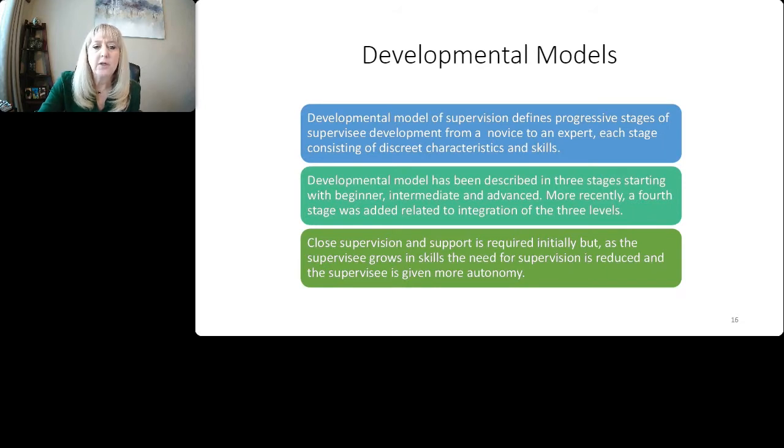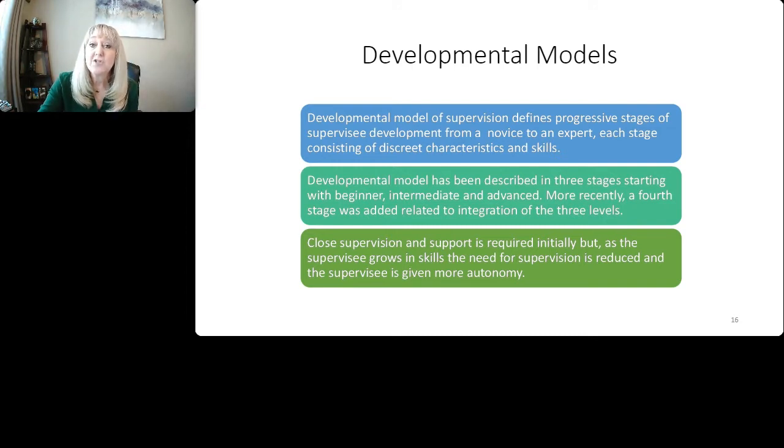So the developmental model is the supervision that defines progressive stages of the supervisee, and that's from a novice to an expert. So you start with each stage and you decrease your level of support as they become an expert. So the developmental model has been described as 3 stages. You start with a beginner, an intermediate, and an advanced. And then the 4th level will be where you kind of intertwine the 3 levels. Close supervision and support is required initially, but as the supervisee grows and the need for supervision is reduced, the supervisee